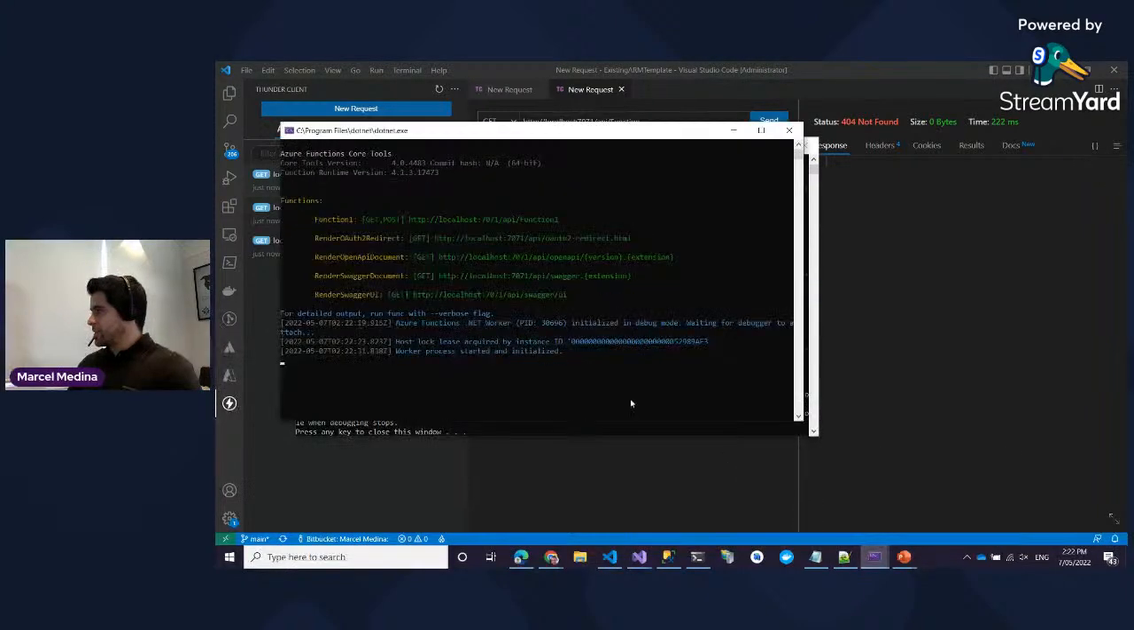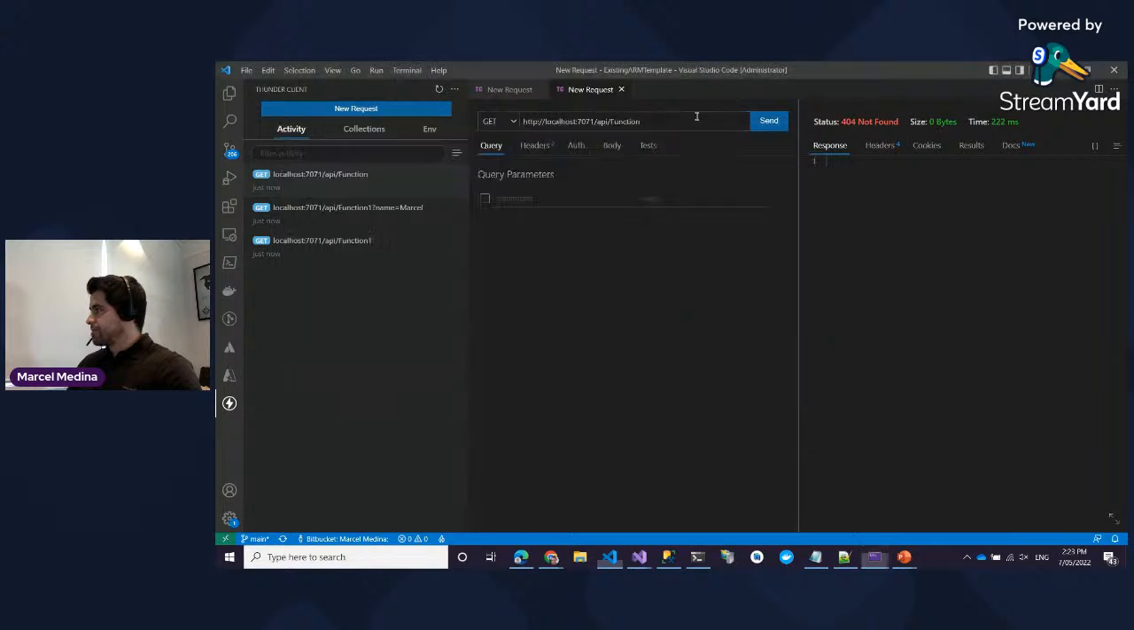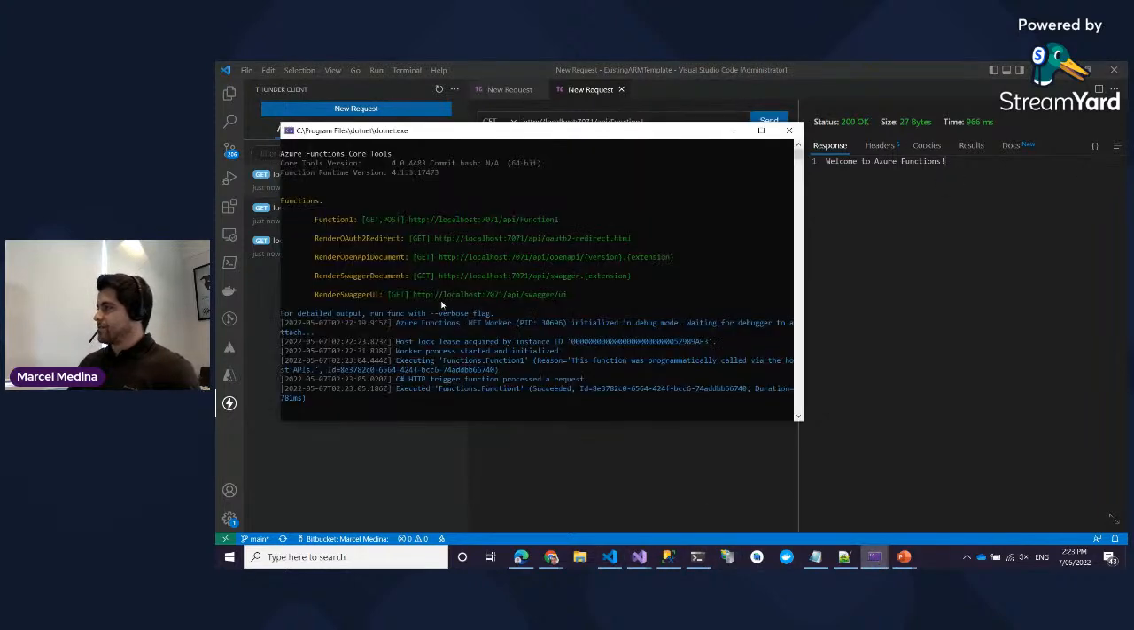No, not that. That's function 1. All right, function 1, send. Oh, welcome to Azure Functions. And if I am taking that, which is exactly the same as before,